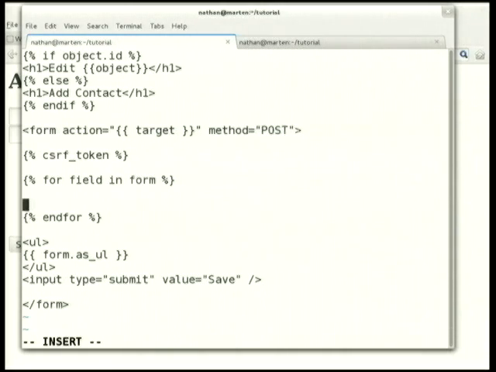Suppose I want to customize this to use divs, which is not a built-in thing, and I want to show that you can have help text associated with your fields, and I want to show the errors in a particular place. What I can do is I can do div id equals,